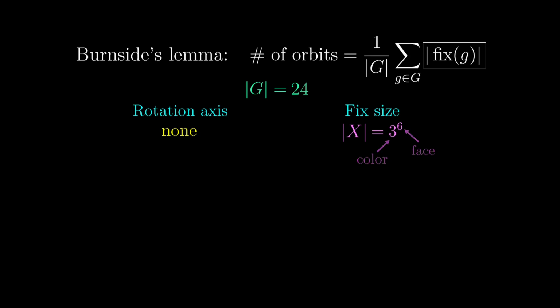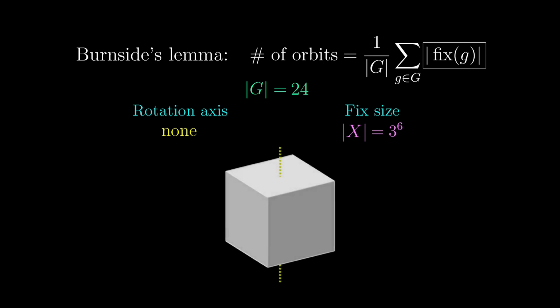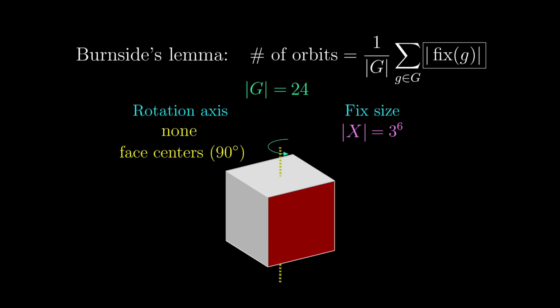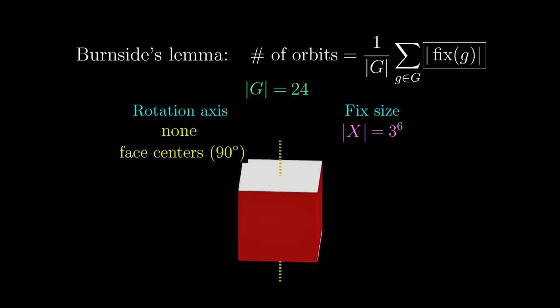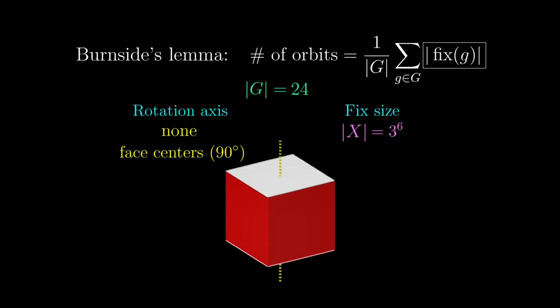Anyway, let's move on to another symmetry that actually involves rotation. The simplest is a rotation about this axis. First, we think of the rotation by 90 degrees, clockwise or counterclockwise. What does this rotation fix? If this face is red, and we are considering such an anti-clockwise rotation, the face on the left would be rotated to the red face, which means the face on the left has to be red in the first place. Using the same argument, all 4 lateral faces of the cube must also be of the same color.